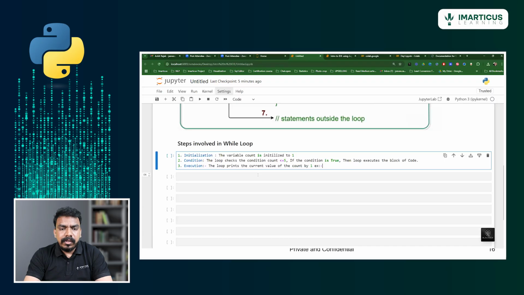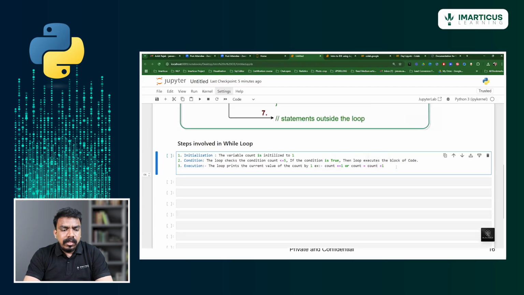For example, you can give it as count plus equals 1 or count equals count plus 1. Both are one and the same. This is the assignment operator written in shorthand notation. This is your generic form.